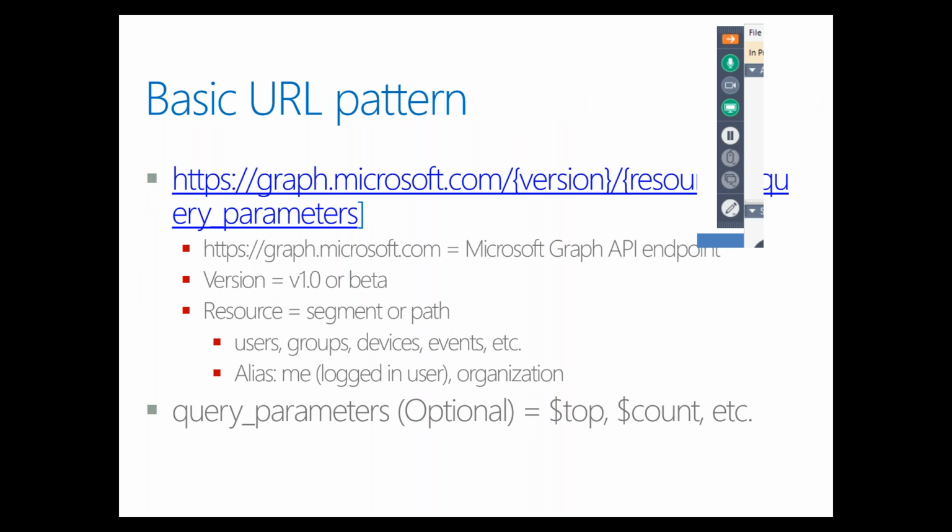So if you want to work with this Microsoft Graph API, then this is the basic URL pattern. I'm not covering so many Graph API theories and the concepts behind them. We'll directly jump to the Graph Explorer in a few minutes. So if you want to work with the Microsoft Graph API, this is the basic URL pattern of accessing any resource: